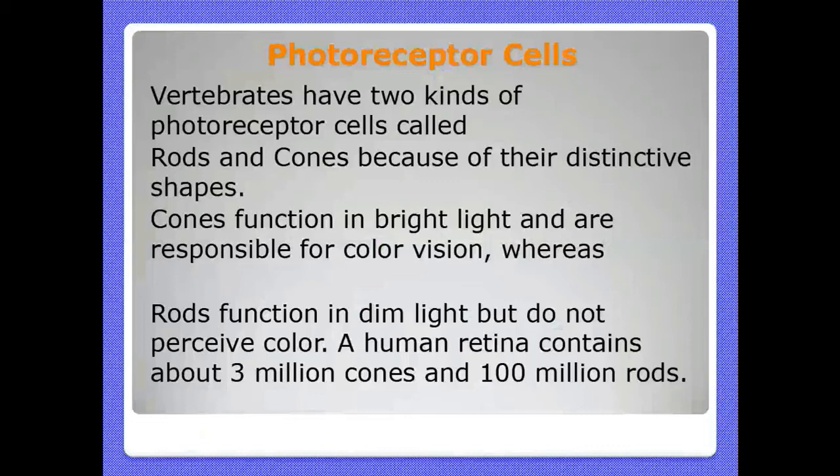You can see those receptor cells on the retina of the eye. This is the entire retina region, and here is the enlarged retina portion. Here you can see that two types of cells are there. This one, the violet one, is the cone cell, and the green one is the rod cell. They are distributed throughout the retina.